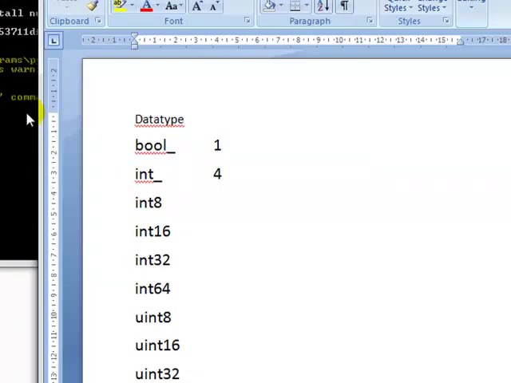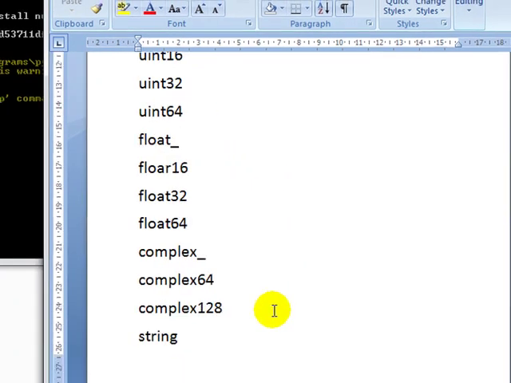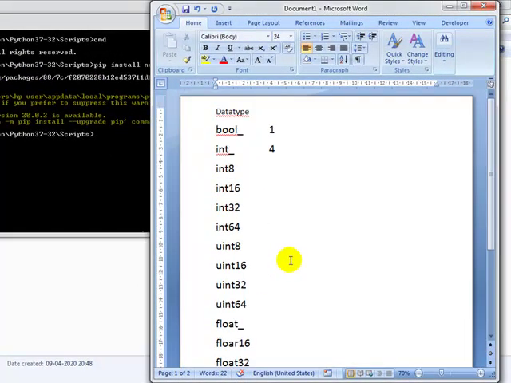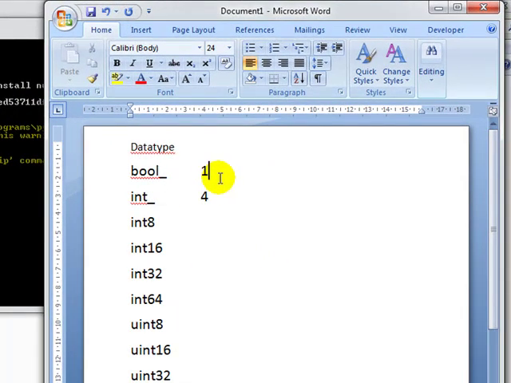Now let's see what the sizes of these data types are. This is a boolean, its size is 1 byte, int is 4 bytes. Int8, now listen, stores a signed integer of range -128 to +127. Its size is 1 byte. I have to store an integer, but I don't want 4 bytes, I want 1 byte only. I can use int8. Similarly, int16 is of 2 bytes.